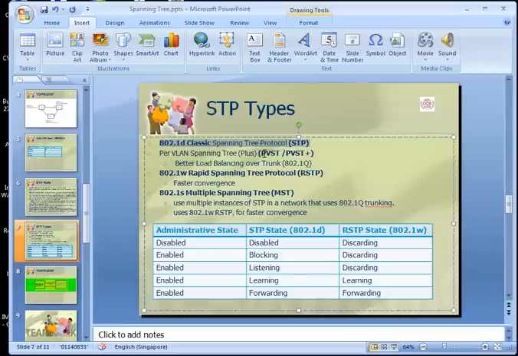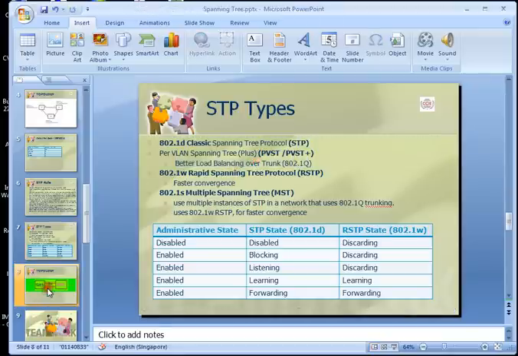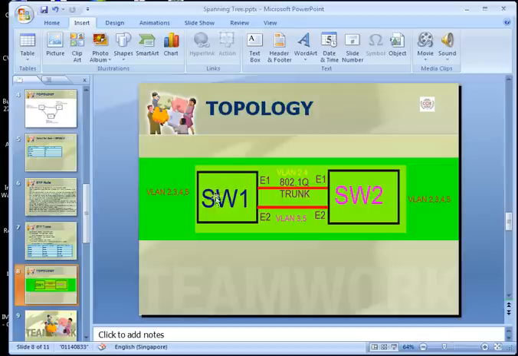The purpose is to have better load balancing over the trunk.